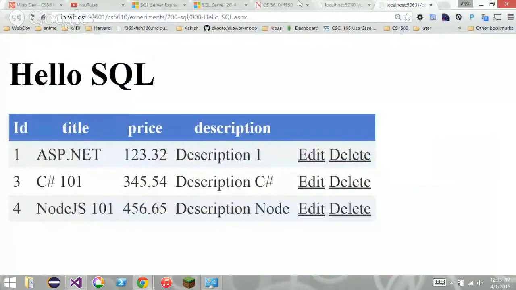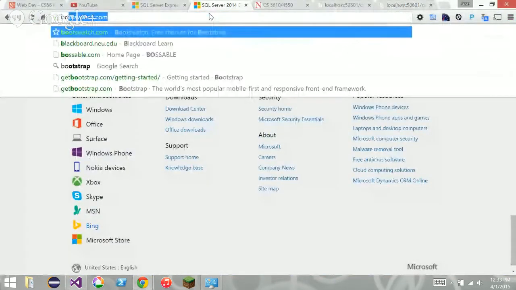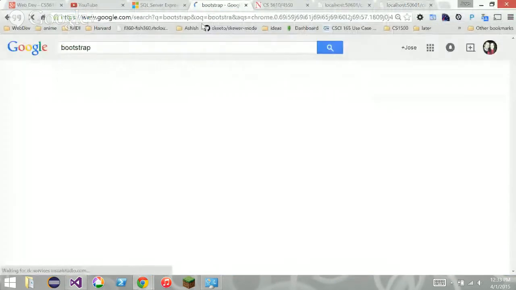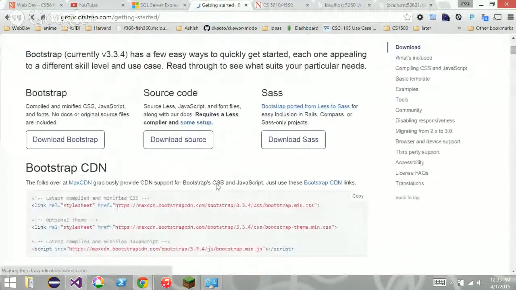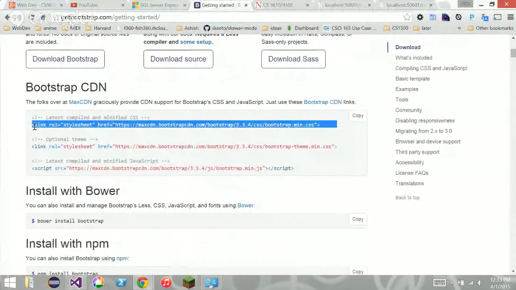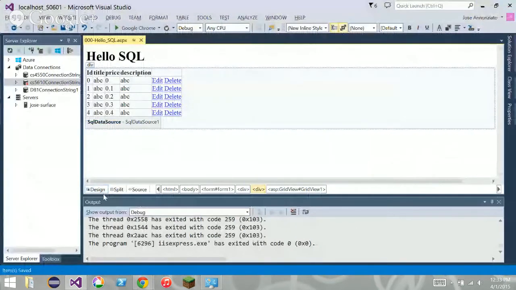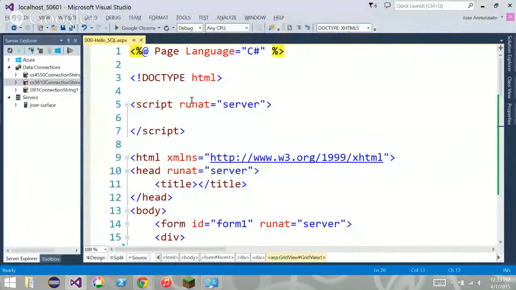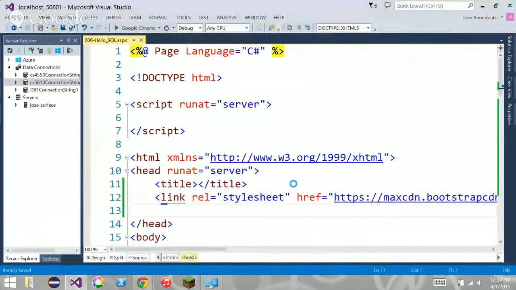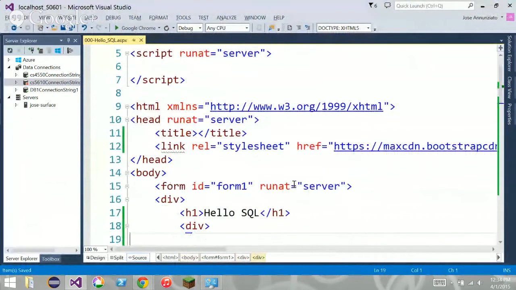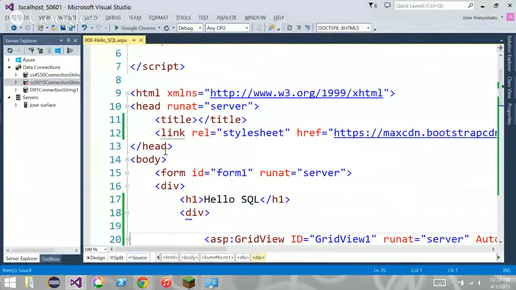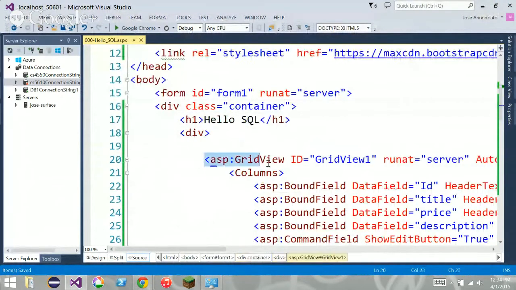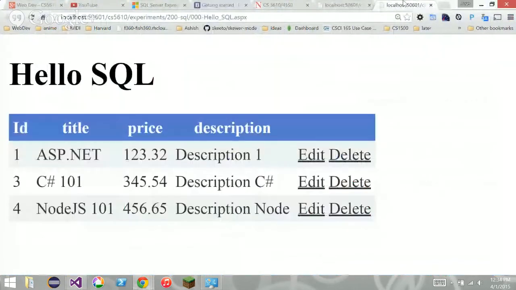So we can go out to Bootstrap and copy the link and paste it here, way at the top. You can say here at the head, just that, and maybe add some look and feel. Maybe this div, we'll call it container, and now notice that the grid view is being rendered as a table,